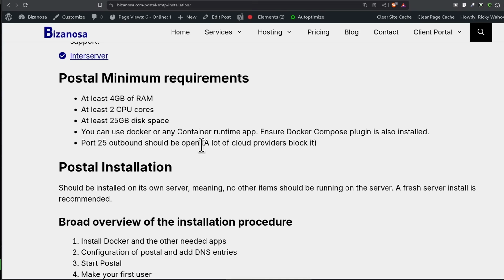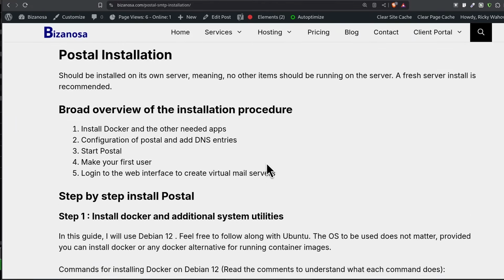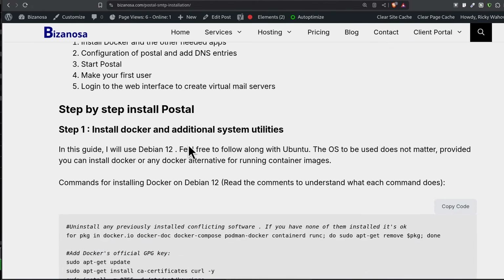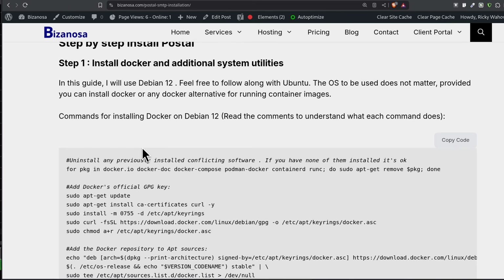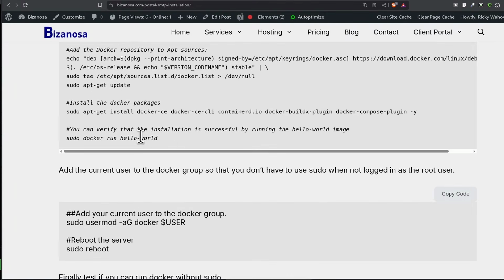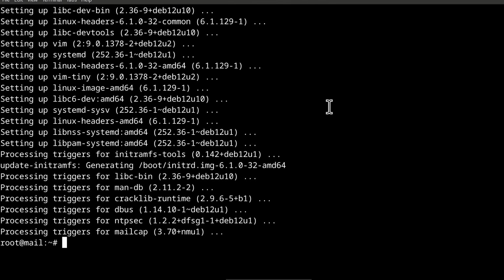And the next thing we're going to do is to start installation. So we're going to install Docker, and I've put everything here to make it easy for you. So I'll copy that and wait for the update to complete, and then we'll start the Docker installation. All right, it's complete.